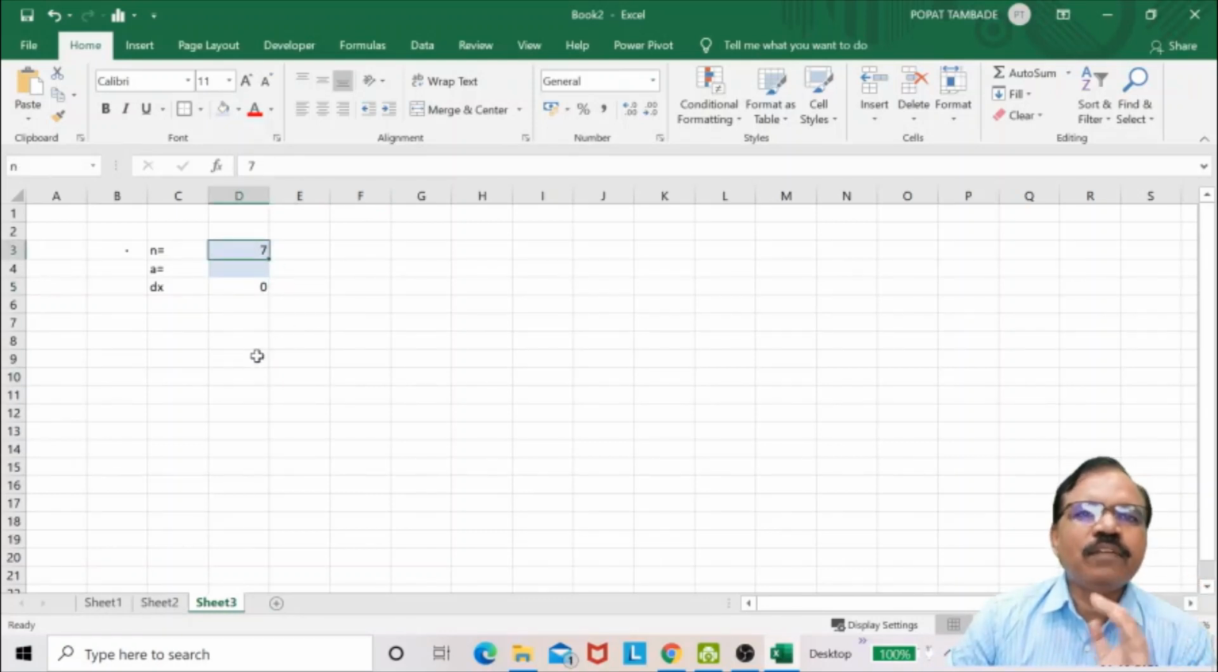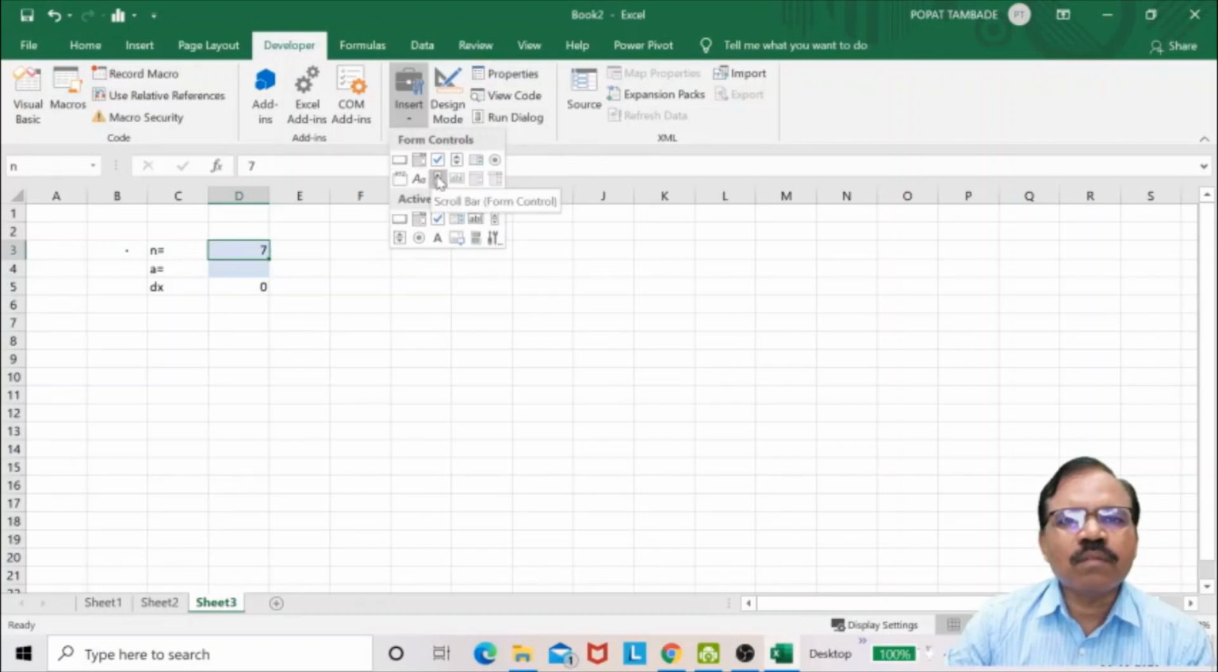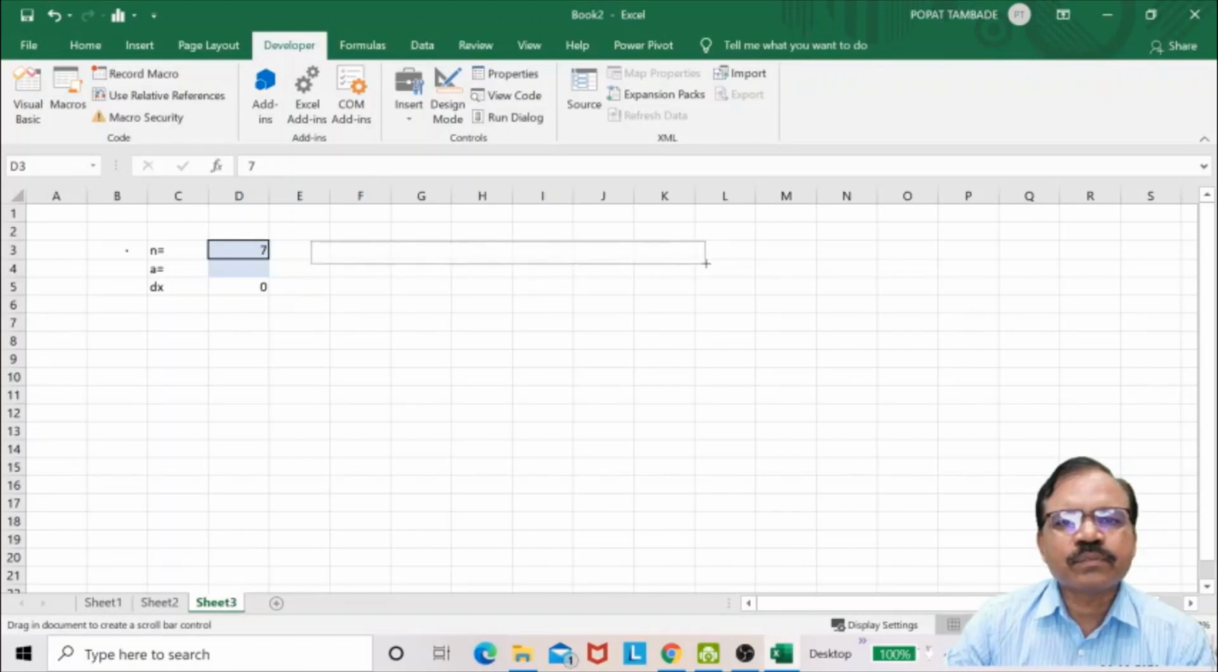For that purpose I will use a scroll bar. To get the scroll bar, on the menu bar you will have the developer menu. Click this developer menu, and in it you will have insert. Now in this insert, there is scroll bar, spin button and so on. So select this one, scroll bar, and just drag on this. So you will get the scroll bar here,